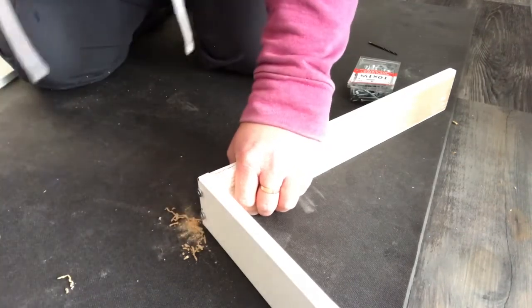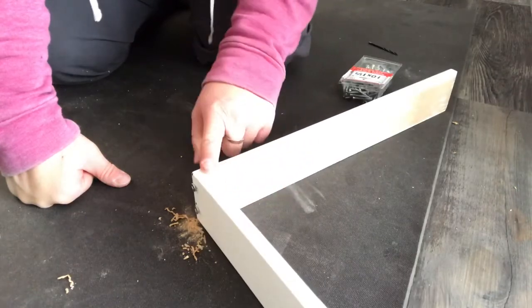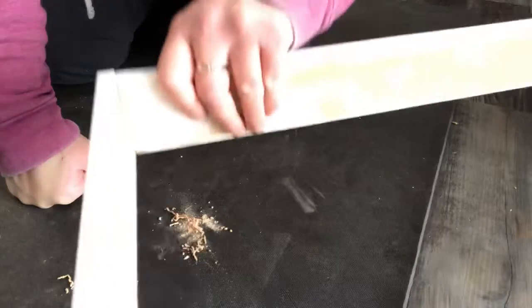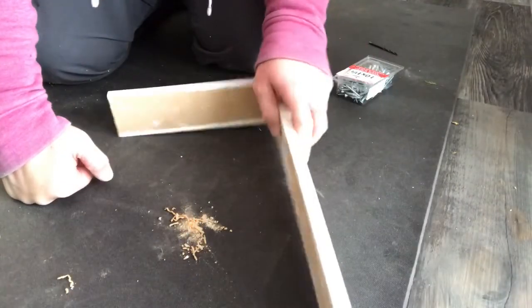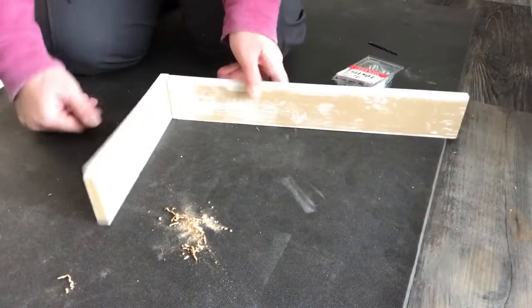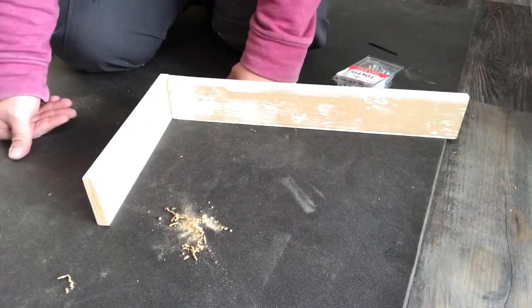You could probably drill them in a little bit further if you were dealing with wood that is actually the correct size for your screws. But as you can see, we've got a nice solid connection there between these two pieces. So now it's up to you whether or not you do a short side or a long side. But I'm going to do those exact same steps for the entire rest of the